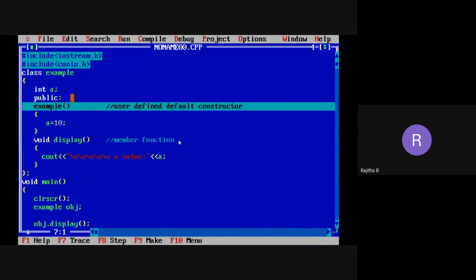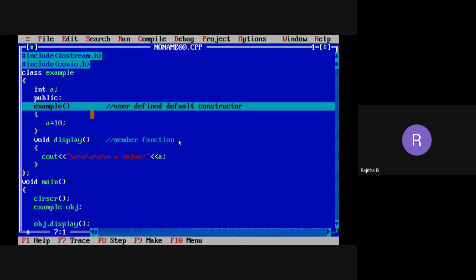After Example obj, actually we have the obj.display function statement. But after executing Example obj, it is not executing obj.display. It is going to the Example constructor in the class. Why? Because when you are creating the object with this statement, Example obj, the compiler automatically calls the constructor.